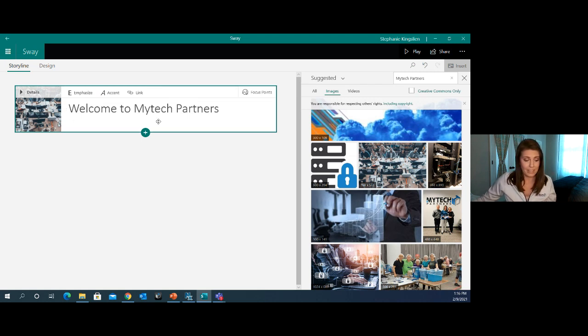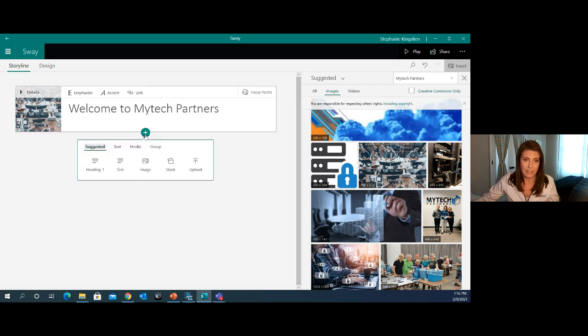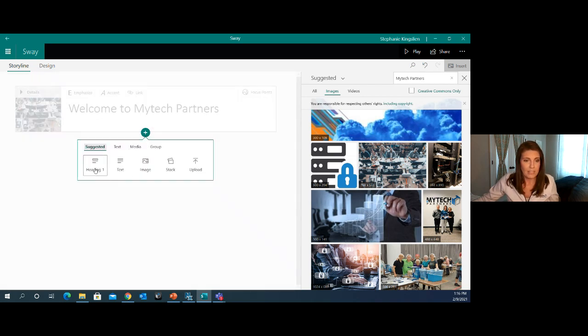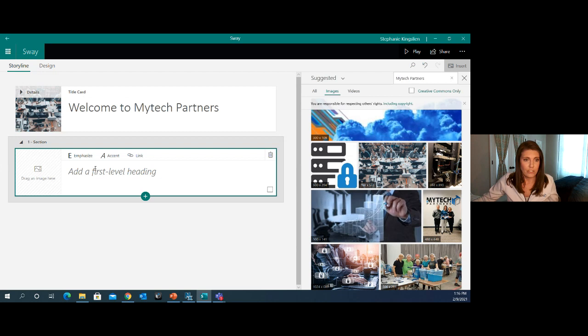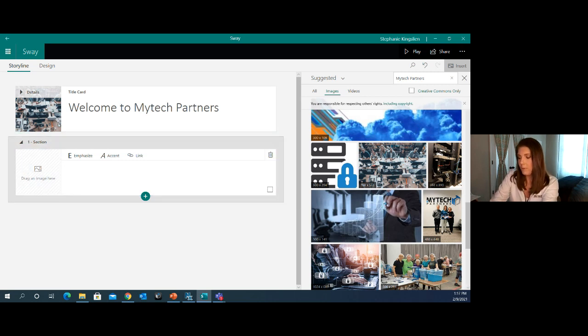So next I want to move on to thinking through an onboarding. HR is usually one of the first places that a new employee is going to visit, and there's typically a lot of paperwork and resources that HR needs to share with them. So I'm going to click this plus button, and I'm going to select another heading. You'll see what this did is it created another section, or another card. So you have your title card, and now we have section 1. And so here I'm just going to put